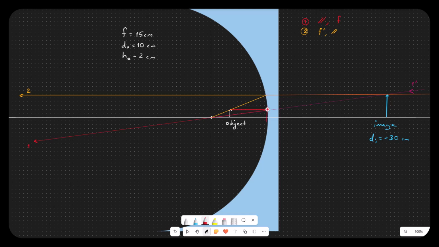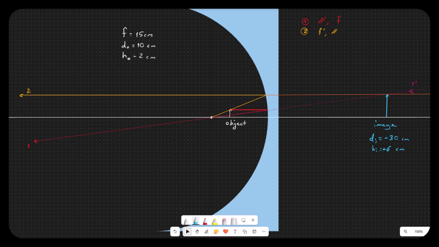So I'm counting this off of here. I'm not counting this off this back edge, right? This mirror works just as well if it extends back here. So my image distance is negative 30 centimeters. My image height is 1, 2, 3, 4, 5, 6 centimeters, and it is positive because I am upright, and